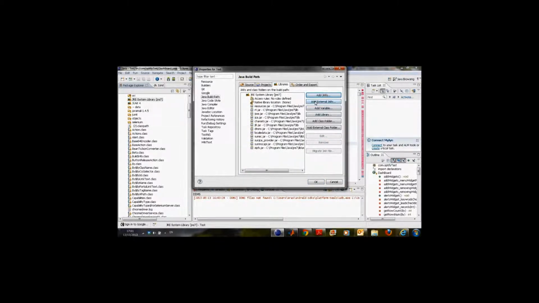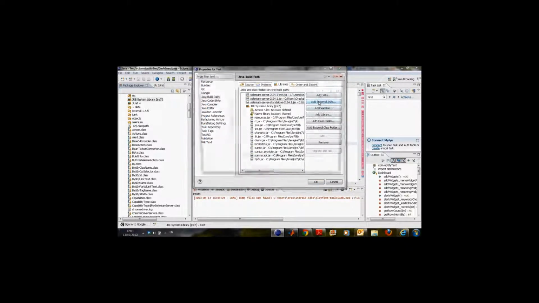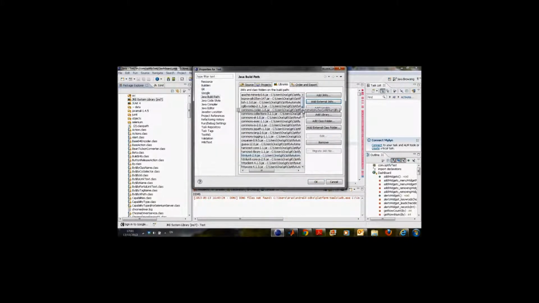then add external jars. We'll go to Optify Automation library, then we'll choose the Selenium. We'll add all the server files. Then we'll go again to Selenium and add all the rest of the jar files.